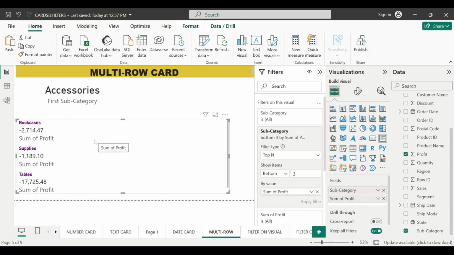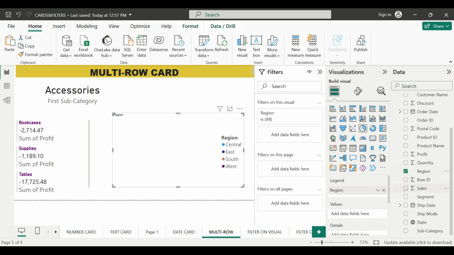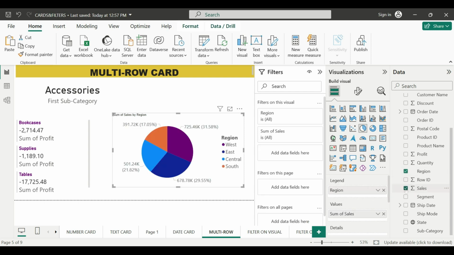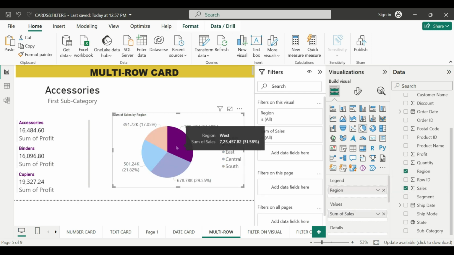So what is the benefit of using this multi-row card? Let me show you. Suppose I create a pie chart for region and sales. Suppose I select West region in the pie chart. What are the top 3 subcategories sold in the West region? I can say accessories, binders and copiers.